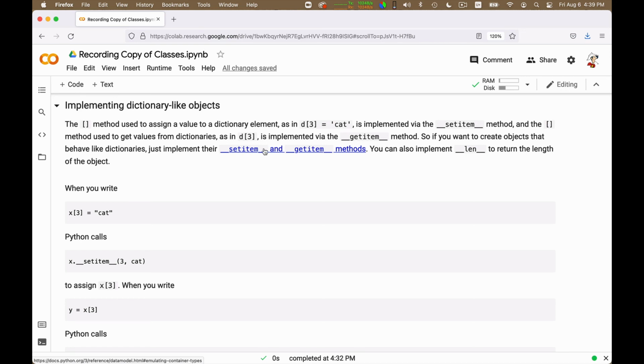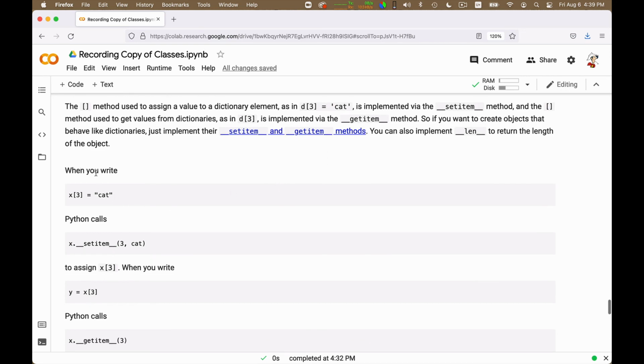You can look at the documentation here, but essentially it works as follows. When you write x of 3 is equal to cat, Python will call x.setItem with arguments key 3 and cat as the value. So the setItem method is used to implement assignment to a dictionary.